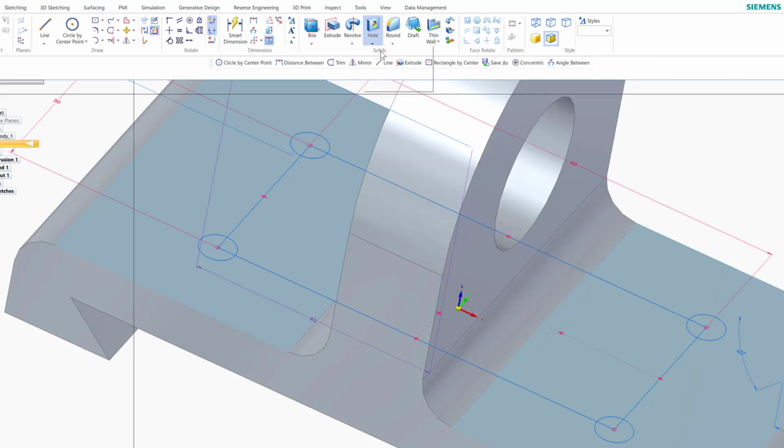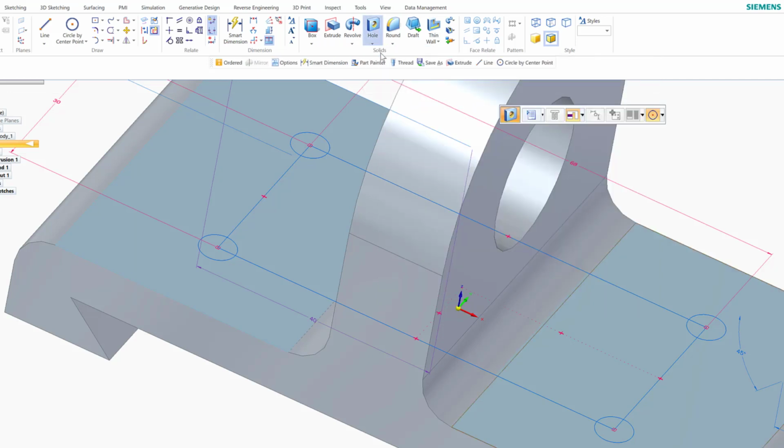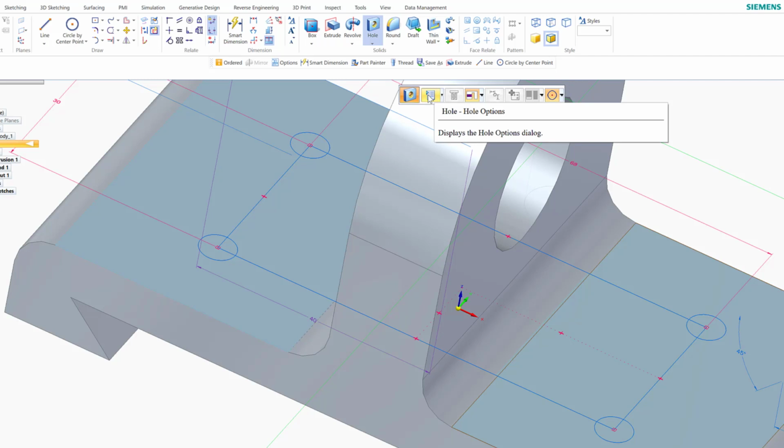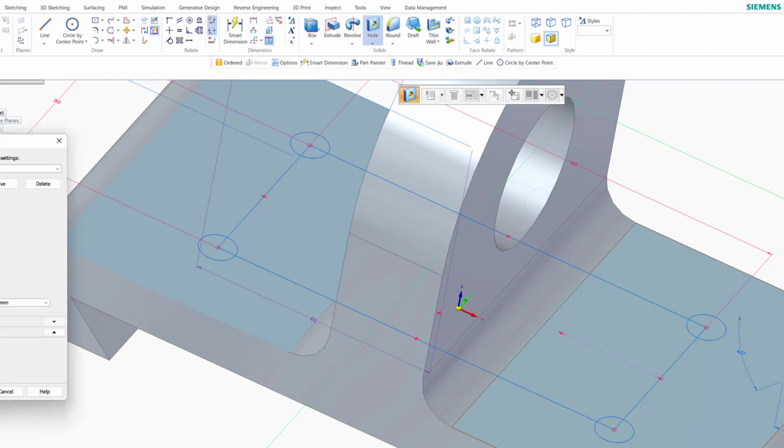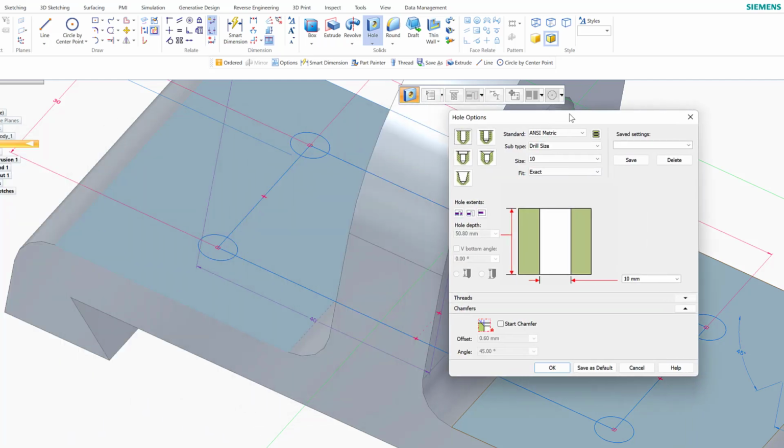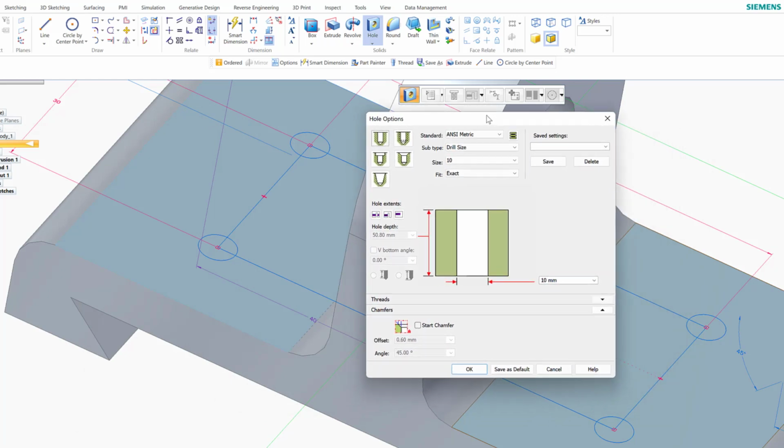I'm going to click on the hole, and a menu will come. In this menu, I'm going to click on this hole options. I'm going to click on the hole option, and a new menu will come. I'm just going to bring it here, and in this new menu